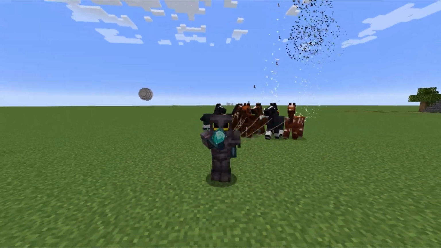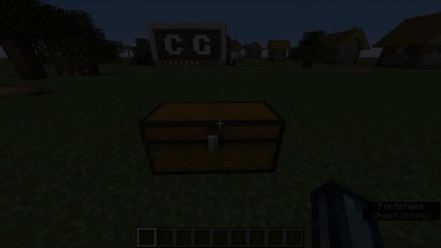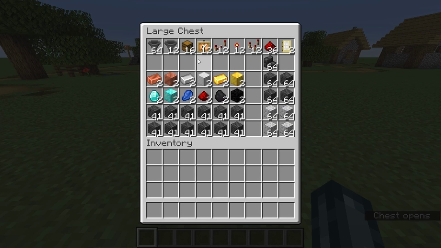Today we are going to be making an item sorter. So for this 12 item sorter, you're going to need about 76 hoppers, 16 chests, 12 item frames, glowing or